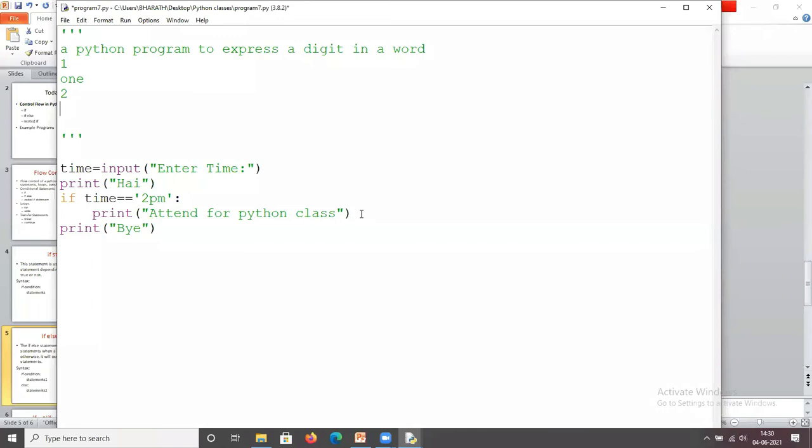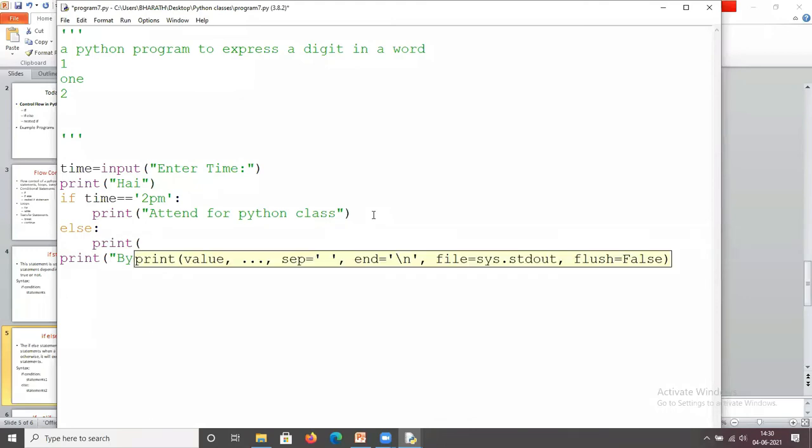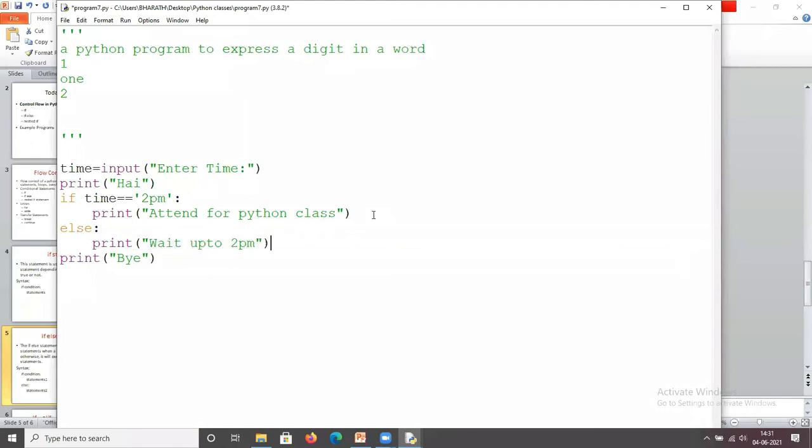Otherwise, else, you are going to use indentation. Else print wait up to 2 p.m. That's it. Now, if you execute this program,